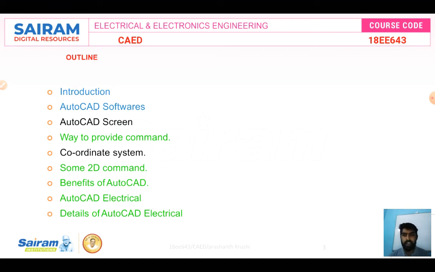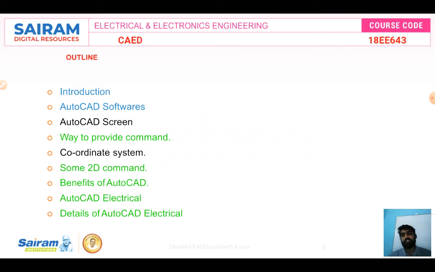Next, the AutoCAD screen: what commands and tools are present, and where to provide commands. If commands are absent, how to provide and install them, we will also see. And coordinate systems, horizontal, vertical, and some 2D commands and diagrams we do in our laboratory, not 3D, because 3D is not there.